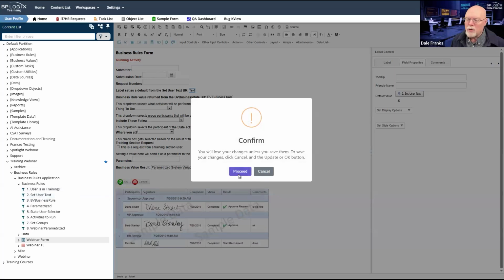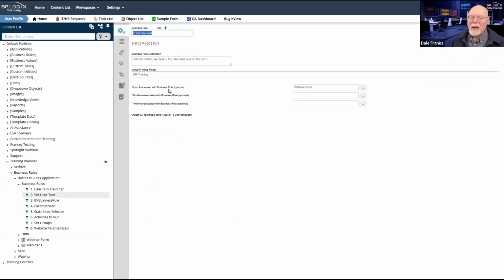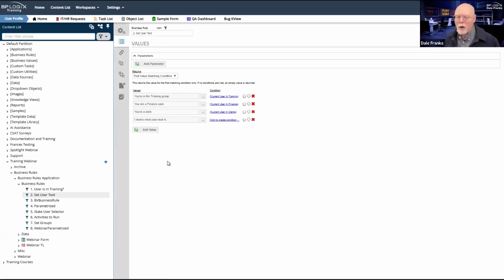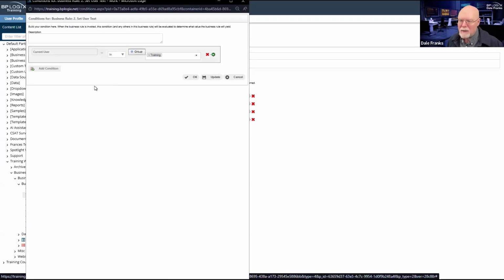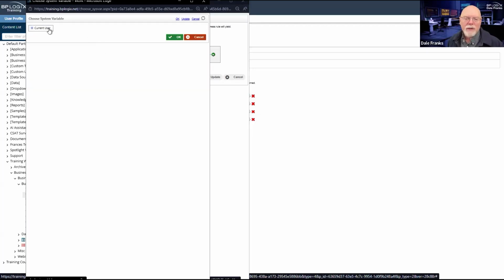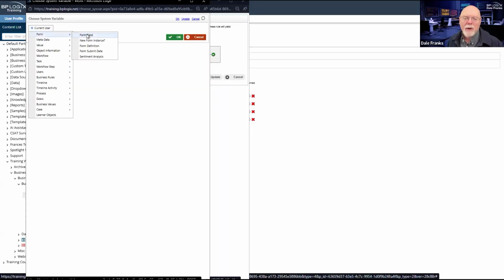So the set user text business rule is associated with the webinar form. I do this for convenience because I'm going to be dealing solely in form items, and so it's more convenient for me in my condition to just be able to access the form fields from that particular form.